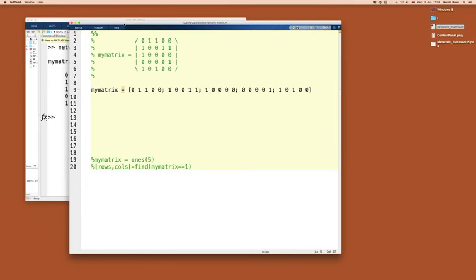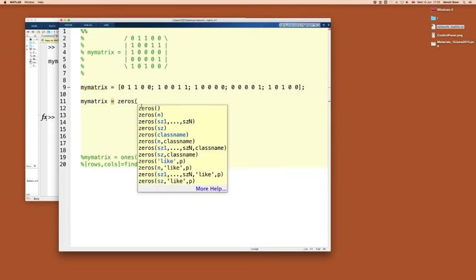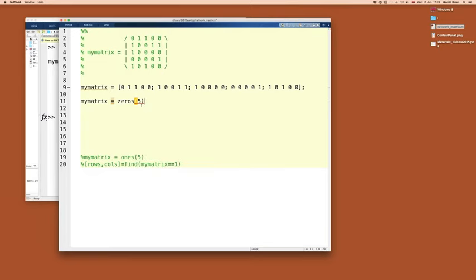There are other ways. We could start off with an empty matrix. MATLAB has a command called zeros, without the E. I always get confused because it's the American spelling of zeros. We want a 5 by 5 matrix, so we just tell it 5 rows and 5 columns, and MATLAB will default to a square matrix of 5 by 5. Now if I run this,